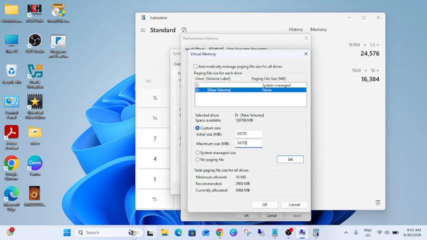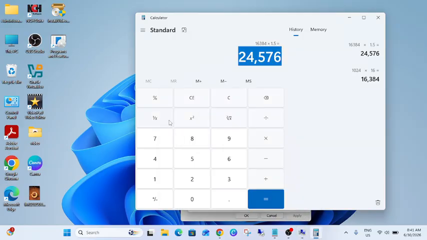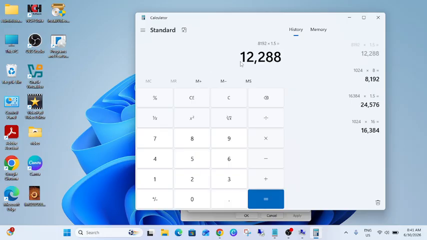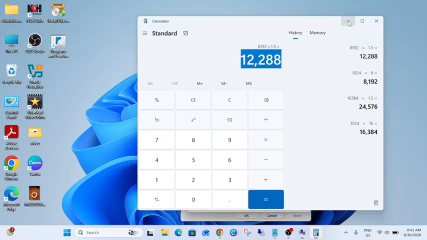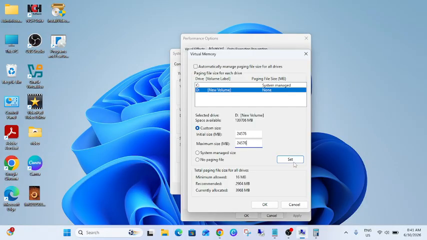Suppose that you have 8 GB of memory, just do 1024 into 8 and you will get this value. Then multiply it by 1.5 and copy and paste this value from here to here. Then click on set, then click on OK,